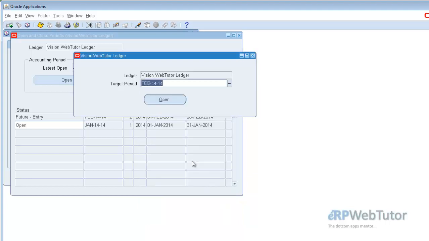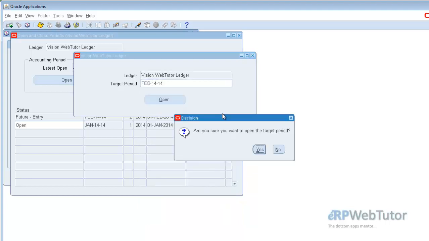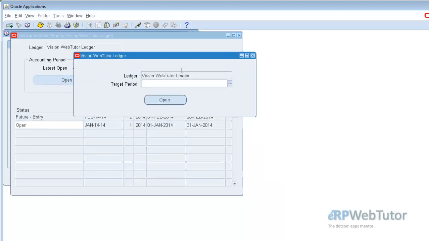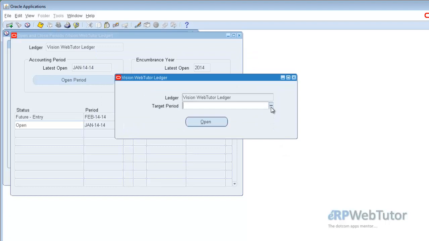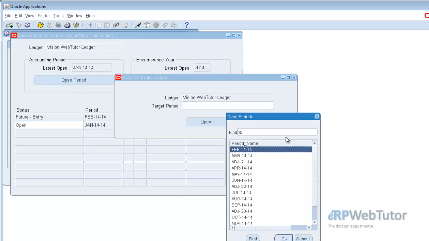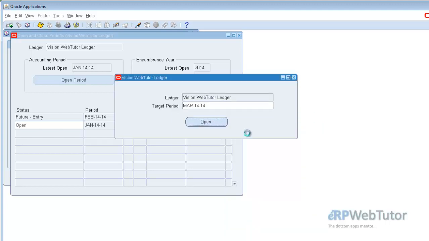So this will be Feb 14, and I'll say open. So I'll say yes in this decision box, and then again the request will get launched. And then if I want to open up the next period as well, then I'll go to the same open period option. I'll say March, and I'll say open,